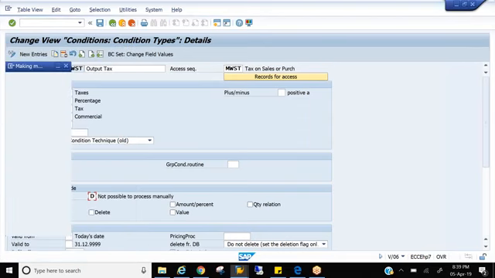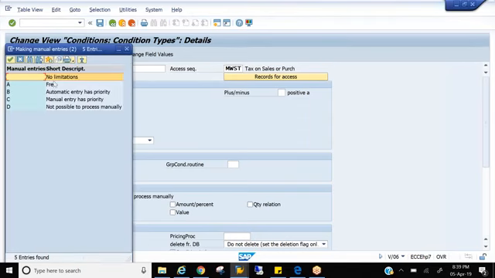This was one question in the interview. They asked, what is the difference between no limits and manual entry has priority? What is the difference between these two? Right? This is one question which was asked in the interview. So no limits means you can change it any number of times, and you are giving all options to the user.